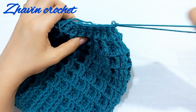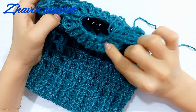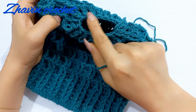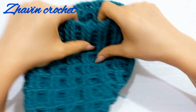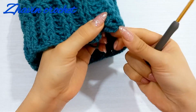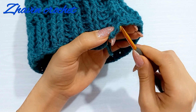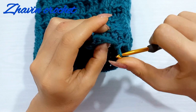Pull this yarn, and then we should turn the work and with a tapestry needle weave this tail through all stitches of the last round. And for this part, the first round, we should insert the hook under both loops of last chain that's below this last double crochet, and grab the yarn, pull through,